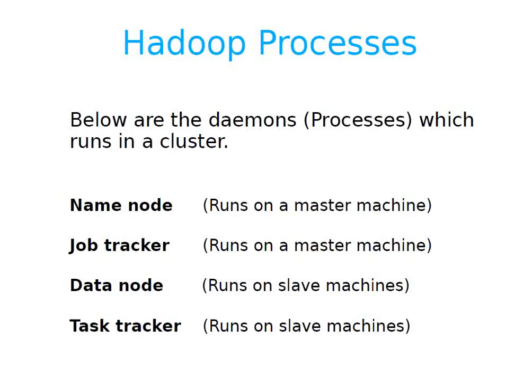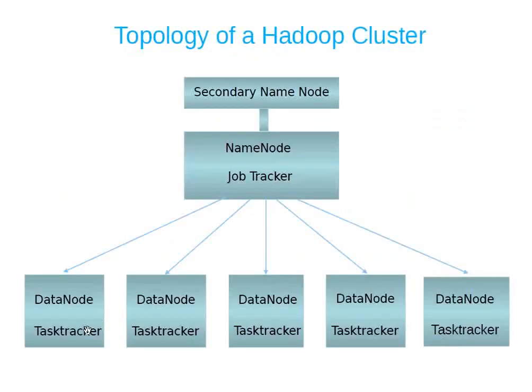The same I have explained to you, or you can say highlighted, with the help of a diagram. So this is my central box, which is my master machine, on which name node process and job tracker process are running. These two are master processes which are taking care of everything on your Hadoop. We do have the secondary name node, which is the backup of my master machine, and the remaining are all my slave machines. And on every slave machine, data node and task tracker are running. So this was all about the different services, different processes which are running on my master and slave machines.